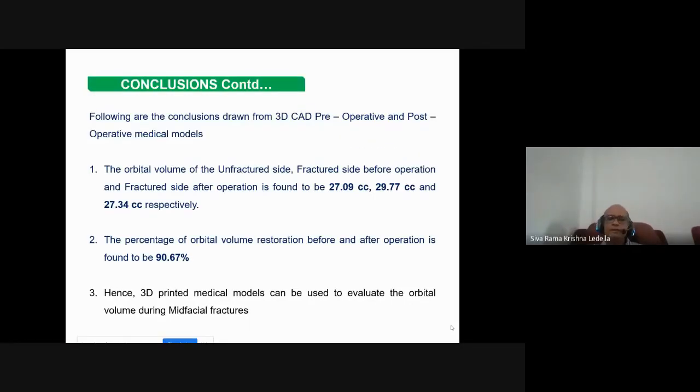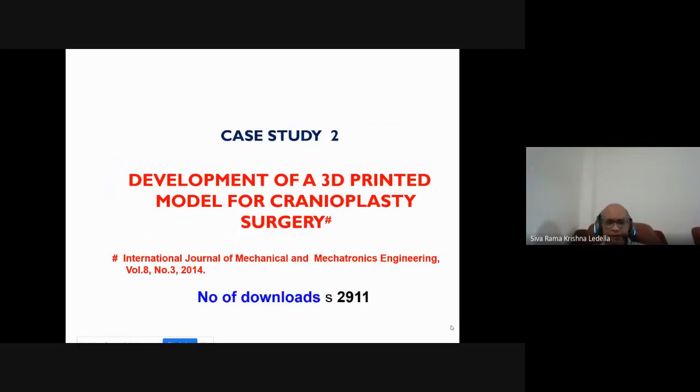Right, sir. This was the first case study. Let us see the second case study: development of a 3D printed model for cranioplasty surgery. This we have done